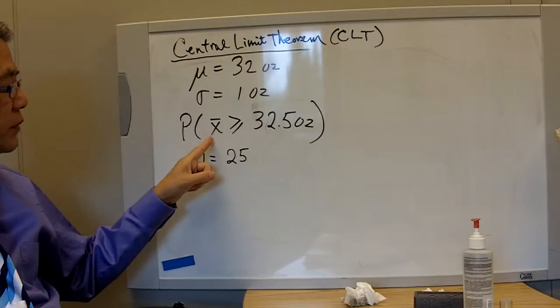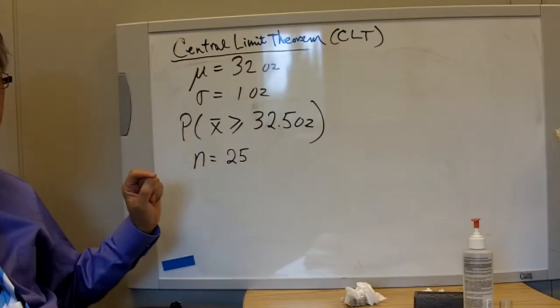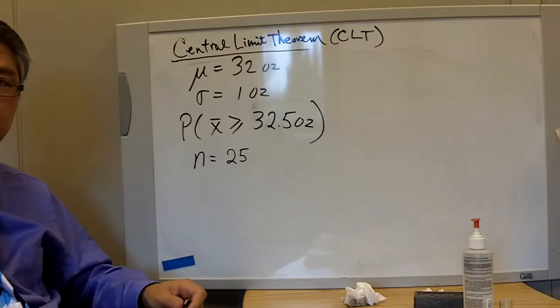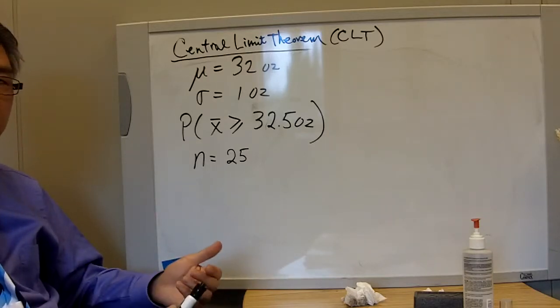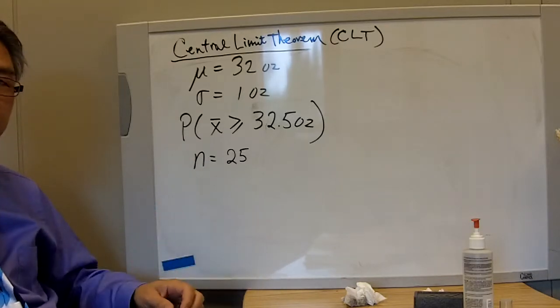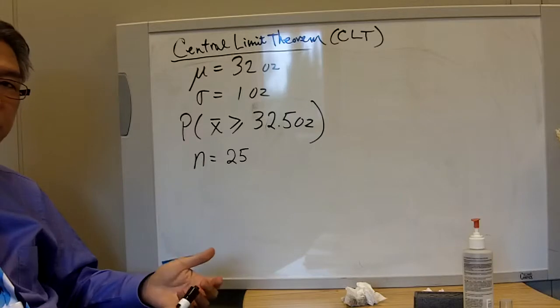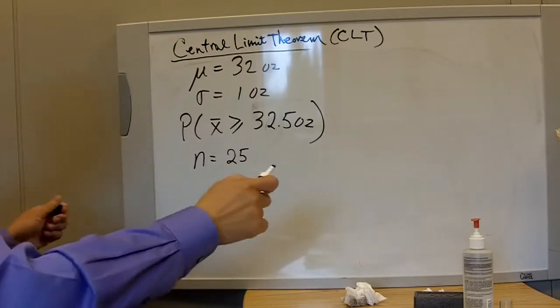And notice in this probability statement is no longer x but x bar, because we're looking at the sampling distribution of sample mean, and we assume that we have a normal probability distribution, even though n is not quite 30, but let's assume that the population is normally distributed. So how do we approach that? I would first of all